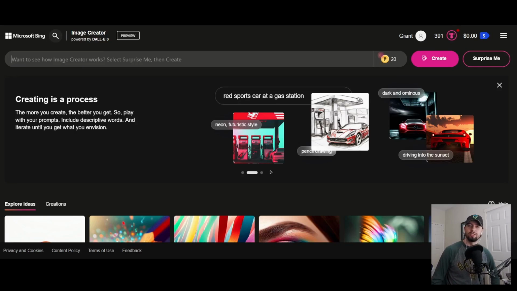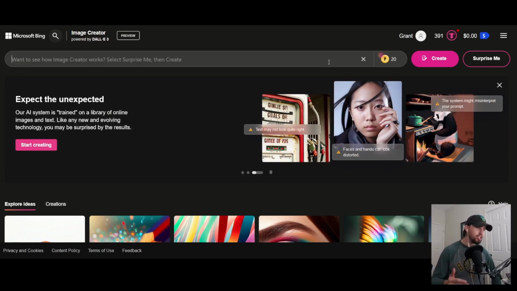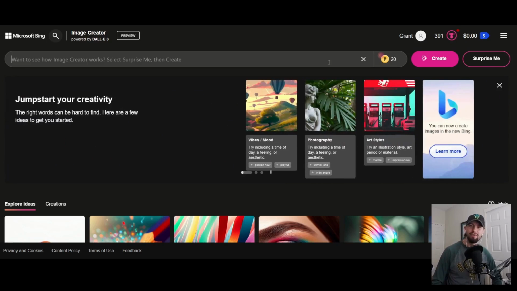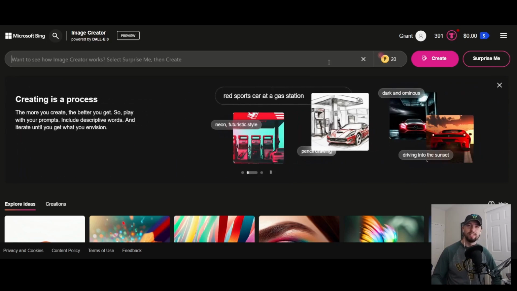All right, ladies and gentlemen, so here I am in the Bing AI image creator. As you can see, I've got 20 boost credits, so these pictures should generate pretty quickly. So what we're gonna do here is see how well we can recreate some of the commercials that I've reacted to in previous episodes of the series, just in AI. We'll see if the AI does a better job than what happened in real life, or if it's typical AI nightmare fuel. We'll do a few country singers who did not appear in that commercial series, but also who I would like to see recreated in AI.